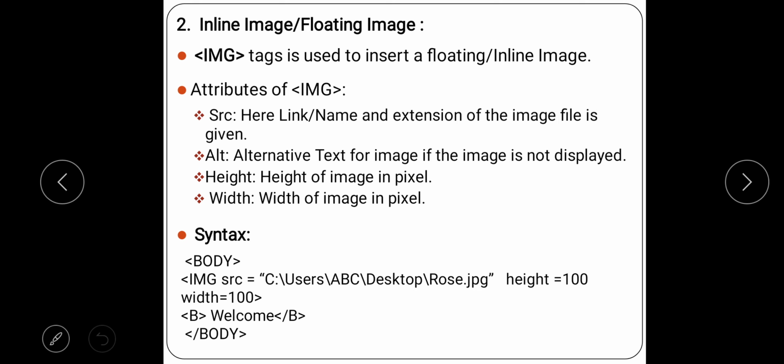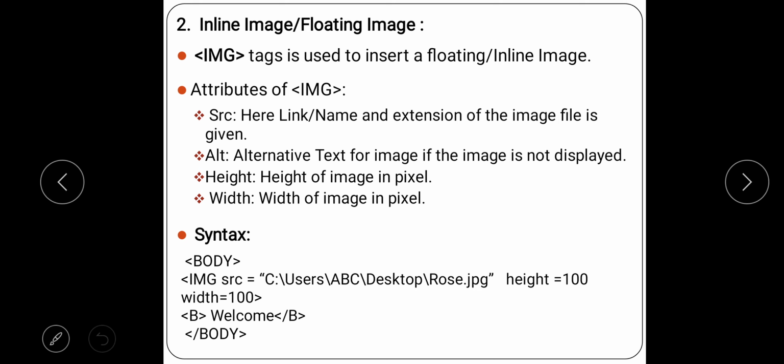We need to use the img tag, which is a standalone or an empty tag. Means what? The tag comes alone, only the opening tag. There is no closing tag. And we will be using its different attributes to add the image.